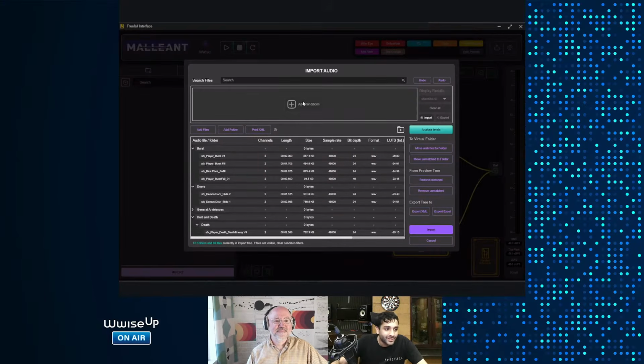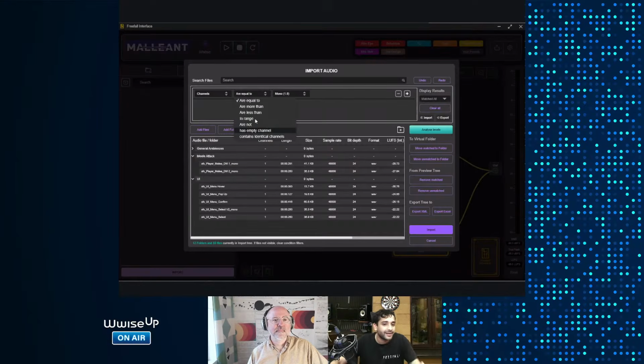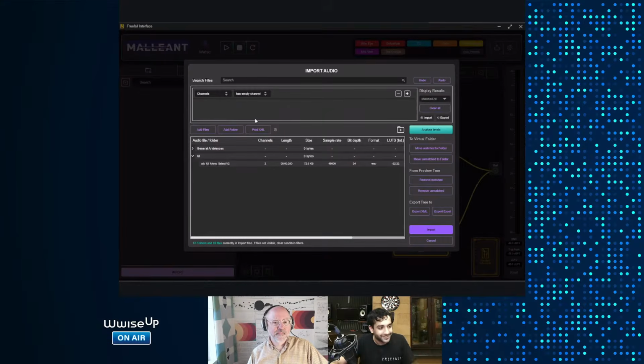But a cool thing you can do is add conditions, so you can search based on a lot of these things: name, file export. I'm not going to go through everything, just the one I find most useful, which is looking at faulty channels. Let's find files where some files have an empty channel.